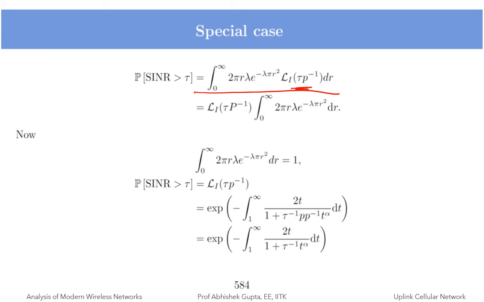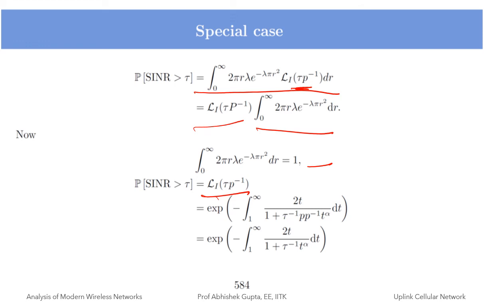So I will take this outside, and the rest will be just integration of 2 pi r lambda e to the power minus lambda pi r square dr, which will become 1, because this is a valid PDF, and if you integrate it, it should be equal to 1. So the only term remaining in the probability SIR greater than tau is